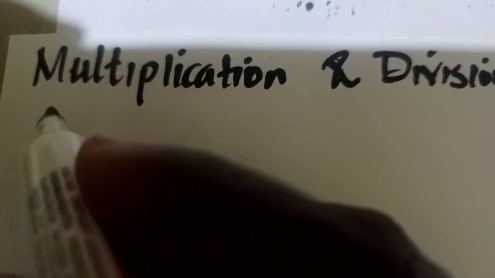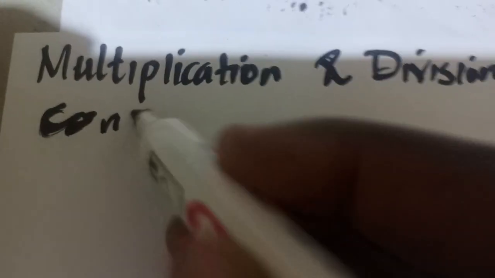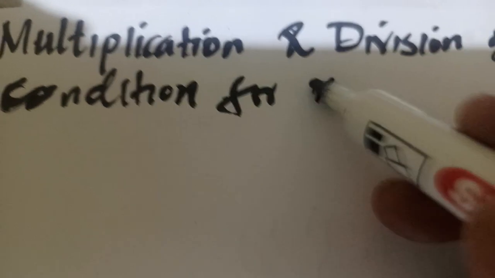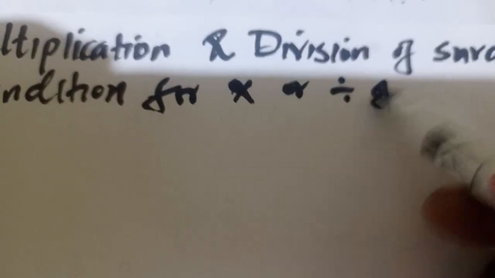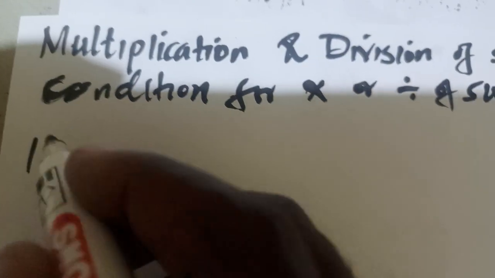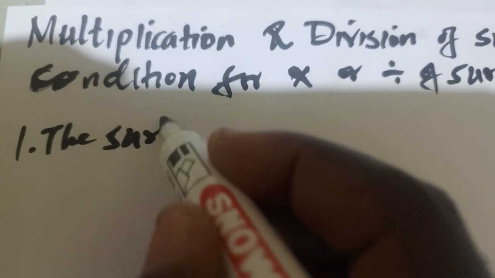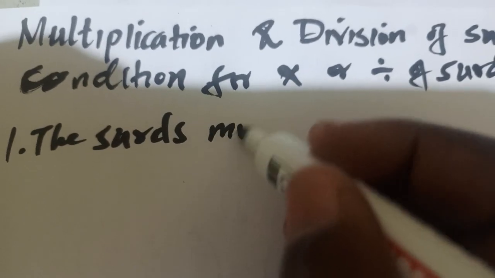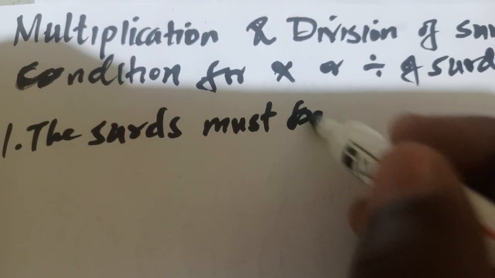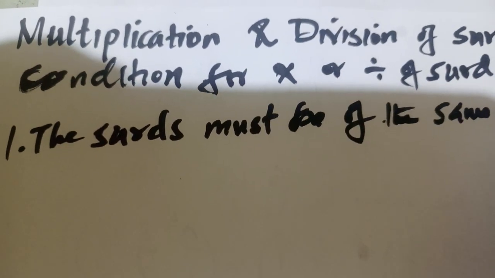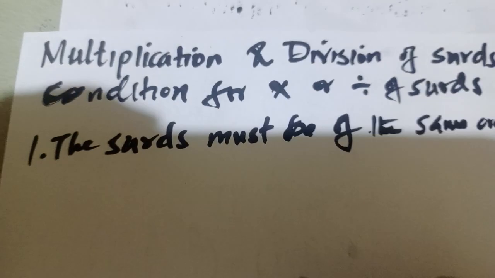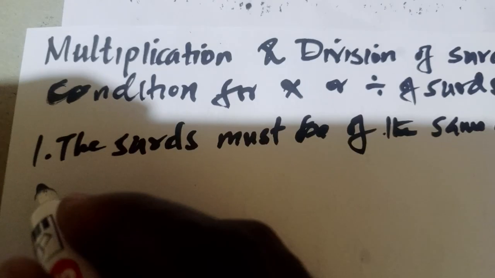In this case, the condition for multiplication or division of surds, we only have one condition, and that condition is that the surds must be of the same order. This is the only condition that needs to be fulfilled. So let's delve into this and look at